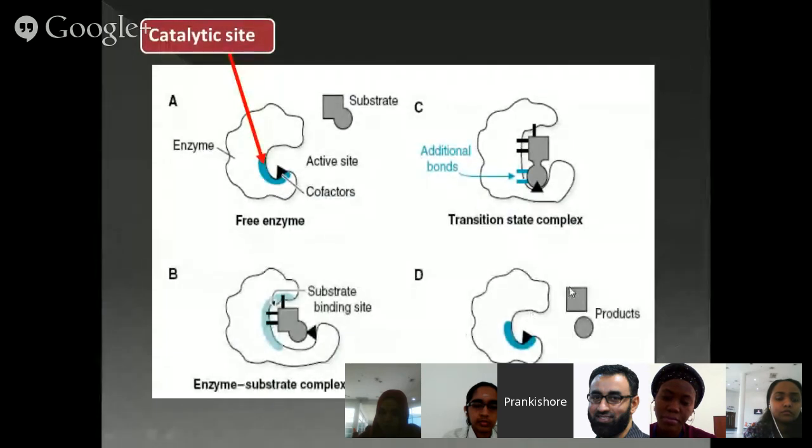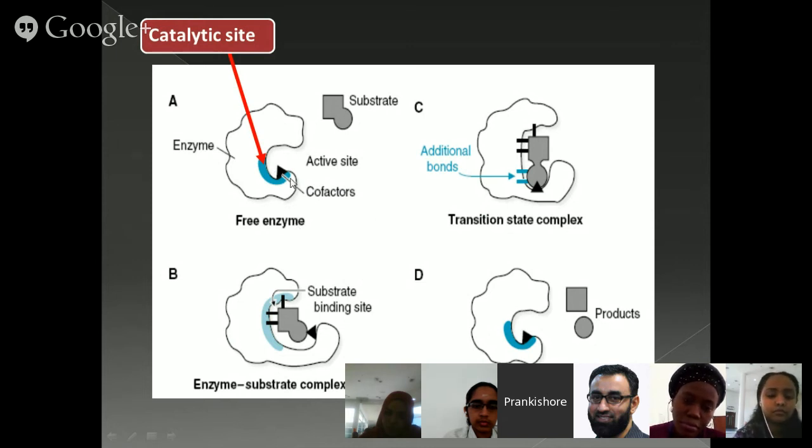When you look at the enzyme structure, the active site consists of a site called the catalytic site, which is indicated by this dark blue region. At the same time, the cofactor also attaches to the active site. When the substrate